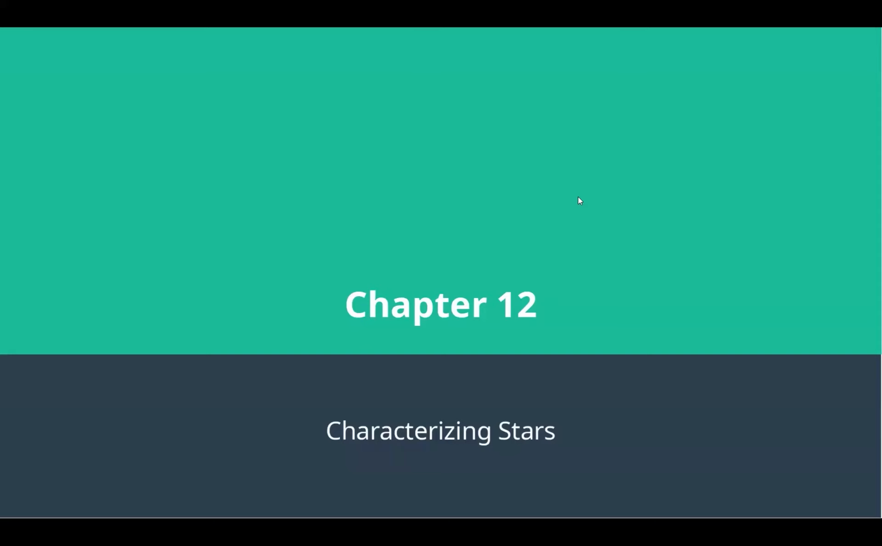Hello and welcome to Chapter 12, the first chapter of Unit 3, which is going to be about characterizing stars. As you might imagine from the title, this is going to be less about the specific properties of a planet or the sun, as we saw in the earlier units, and more about the properties that allow us to characterize stars into different types of groupings rather than talking about their individual